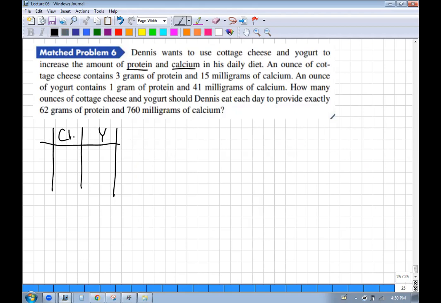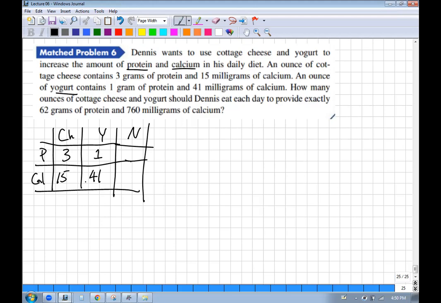So this is cheese, protein, calcium, and over here, how much we need. An ounce of cottage cheese contains 3 grams of protein and 15 milligrams of calcium. An ounce of yogurt contains 1 gram of protein, and 41